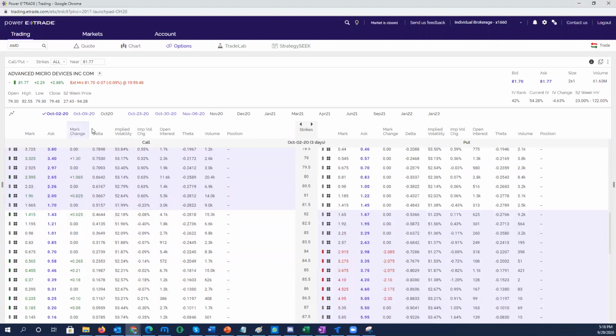So suppose October 2, if you buy this, you are losing every day 28 cents on the $1.41. If you are paying $1.41, but you are losing this much, $28. So you don't want to do that. So always you have to have 30 days or 60 days or 90 days above. Okay, clear?